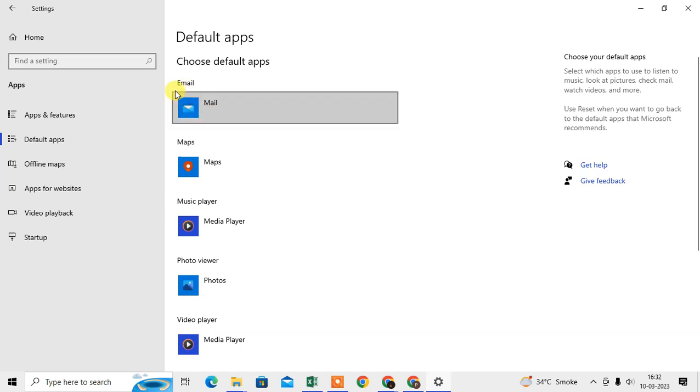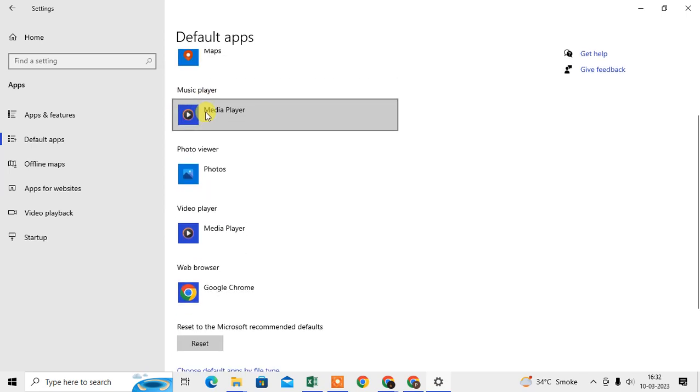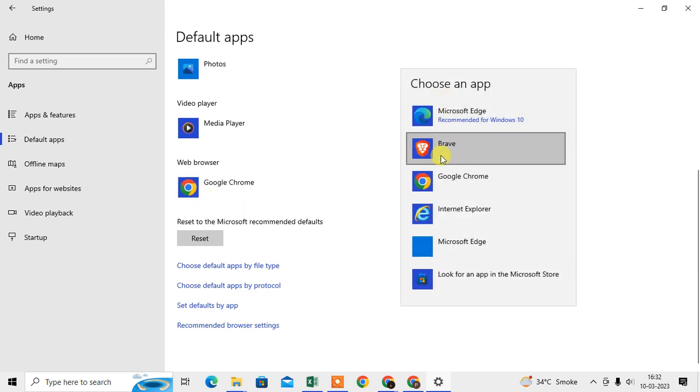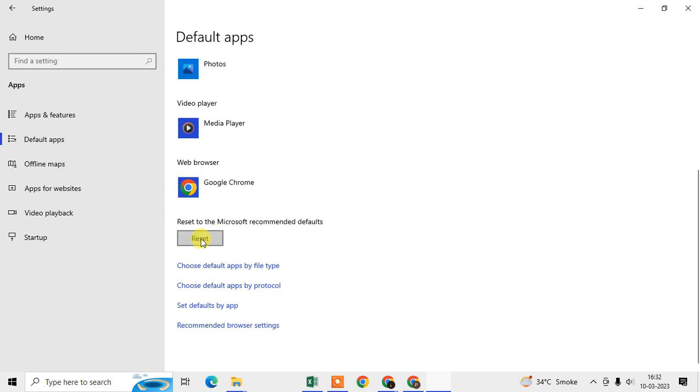Like there is a default app for email client. The email client is, I think, Outlook. For maps, for music, for the video player. Same as that, we can choose the web browser default app. So in my case, I have the Chrome browser. If you want to set the Chrome browser, then come to the web browser option, just click on it, and here you have to choose the Chrome browser from this list. Okay, after choosing,